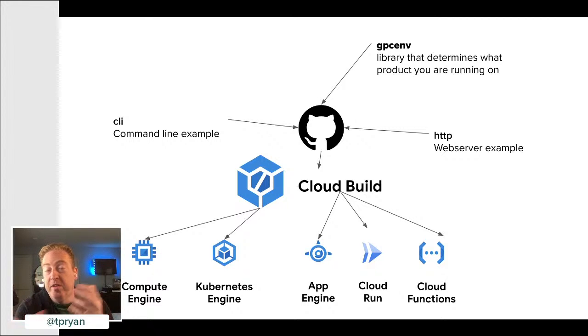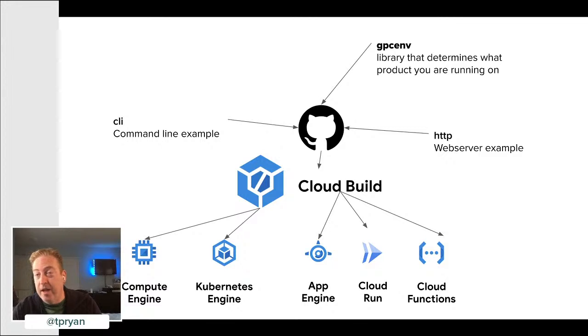This is what I'm gonna do today. I have a library set up called GCP Env, which determines what GCP product you're running on. So if you're running on App Engine or Compute Engine or Cloud Functions, it will basically answer that question for you, like what product am I on? There's not like a unified way of doing this. I was looking through our APIs, and this is probably something that we should solve there, but